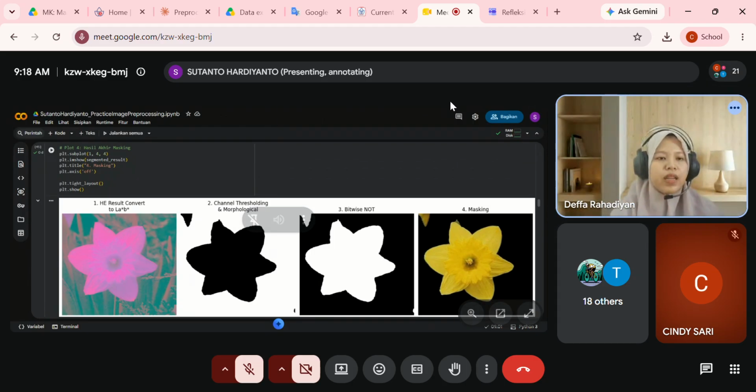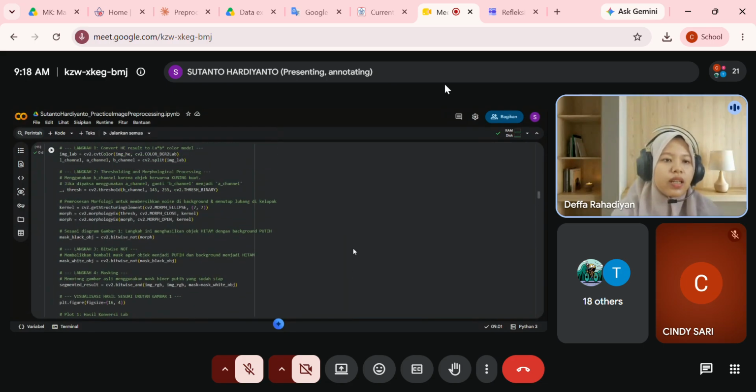Scroll up, sorry. I want to see the code. Okay, stop. So in here, you didn't use HSV.